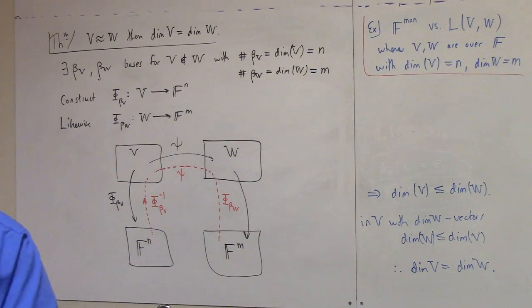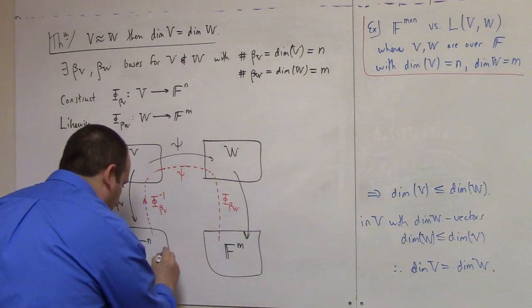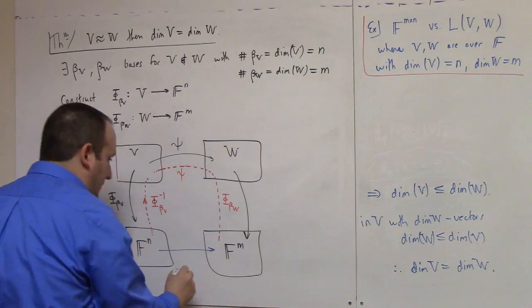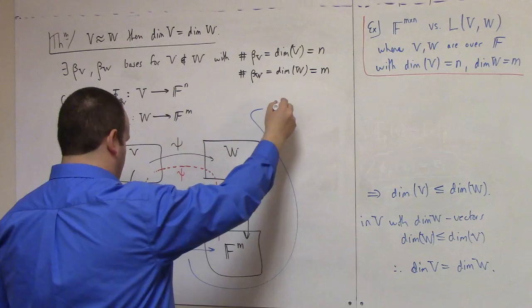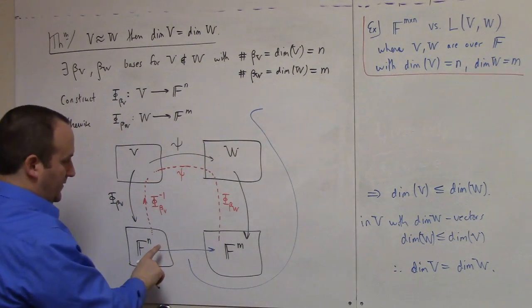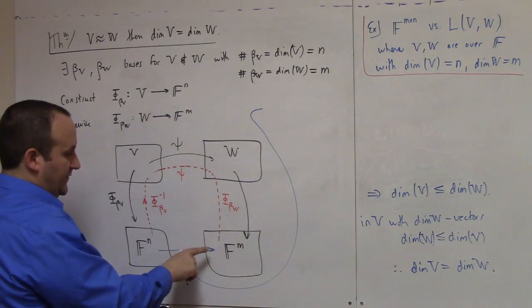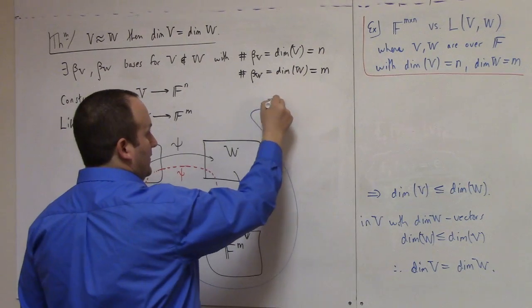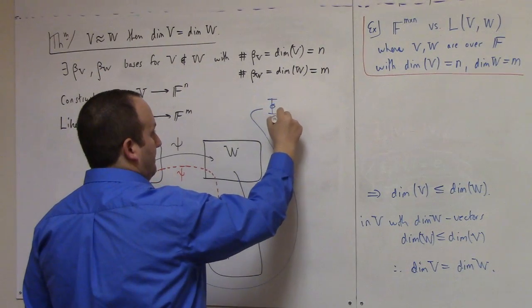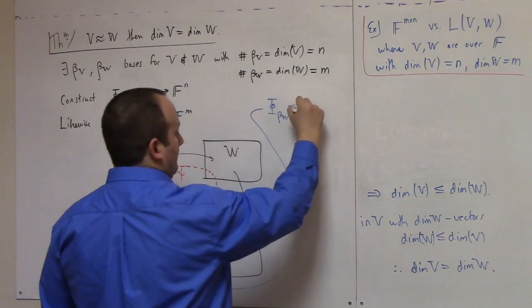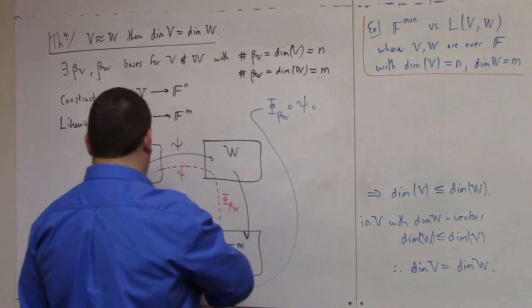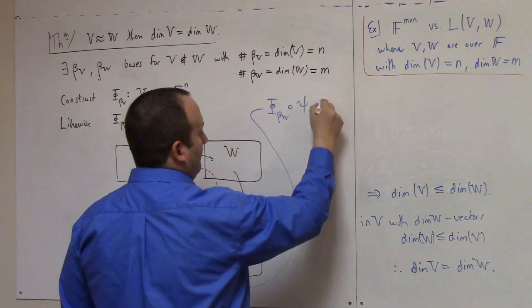You have to think about function composition. This mapping, which I'm going to write over here so I can see it better, the one that comes last comes first. So phi beta W composed with psi composed with